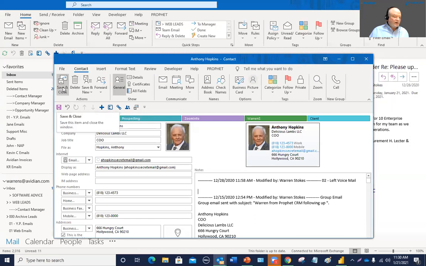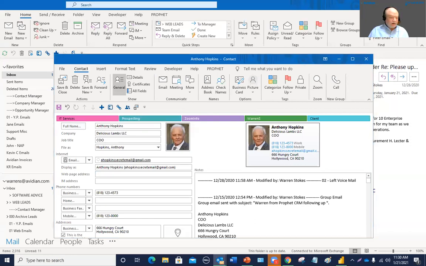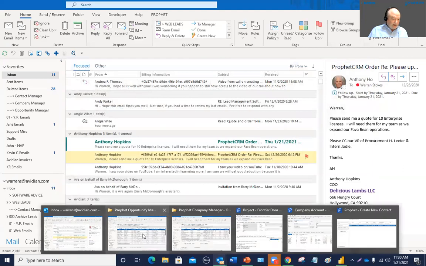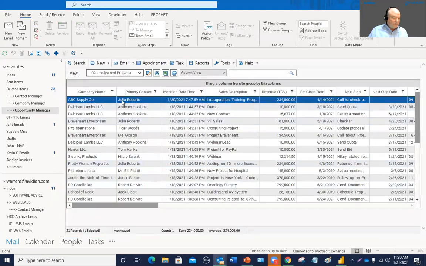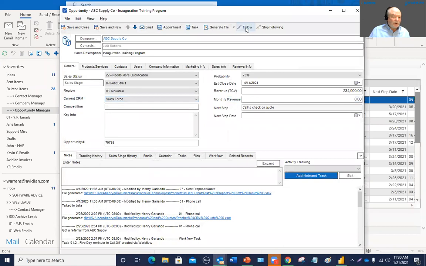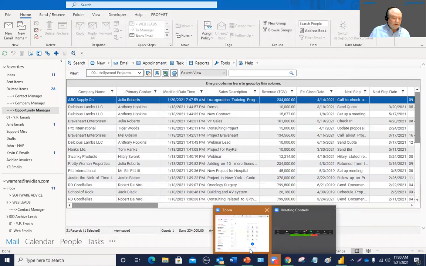And I'll show you an example, because opportunities are probably one of the more common things that people will follow here. Let me just show you how that works. Let's go into an opportunity record, and I'll show you what that following function does. It's called Profit Instant, and it gives you the ability to follow opportunities, contacts, or companies. So you'll see the follow symbol throughout Profit up in the upper part of the record here, and it says follow. If I were to click that on this opportunity, I would get email alerts whenever something in that opportunity